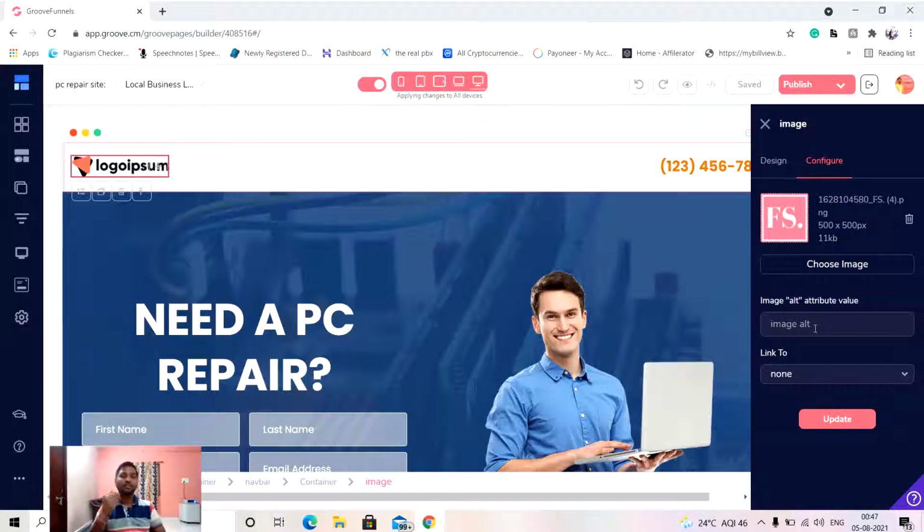So whenever you publish your website, Google will review your website. If Google is not able to read your video or your images, it will just think that there is some kind of PNG or JPEG file available.